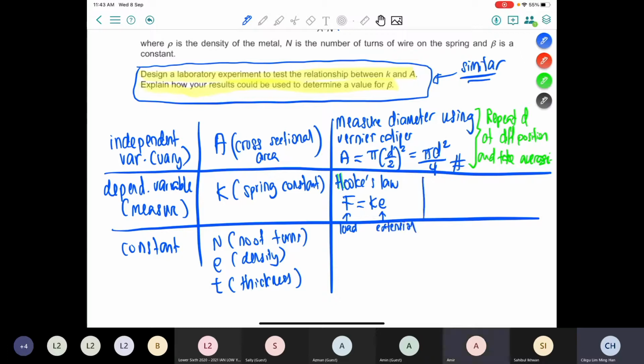So that means you need to describe how you set up the spring constant, right? So you need some sort of retort stand to get the spring to extend, and then you find the extension from here, right? Yes. And then you need to mention the extension will be the final